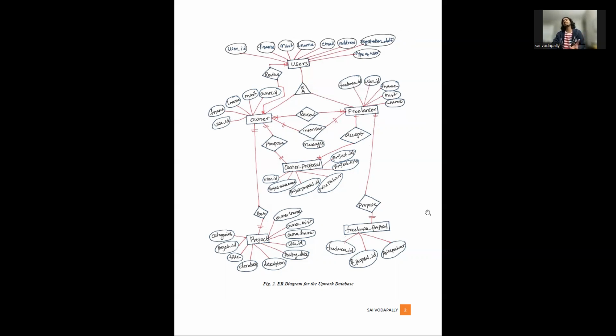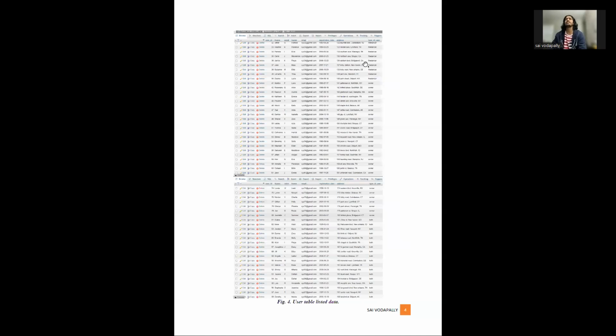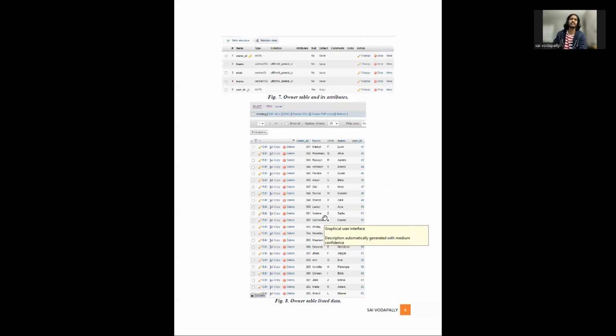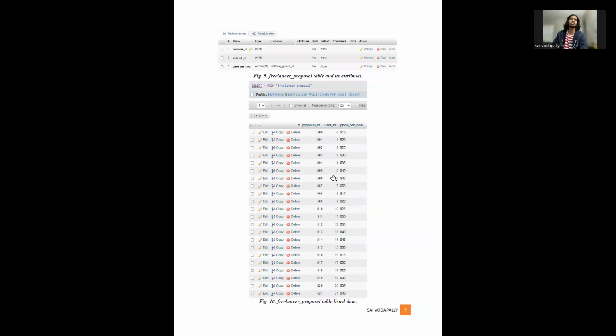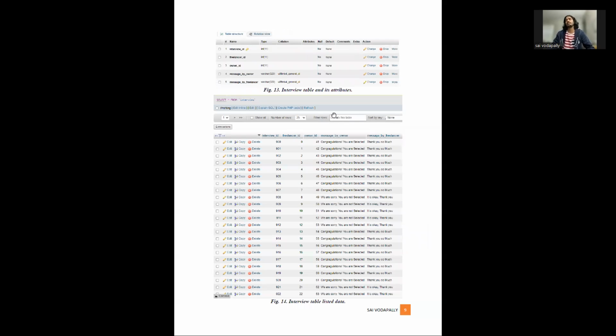Based upon this ER diagram and using the SQL script, I've designed the tables and the attributes. These were the tables that were created, like the user table, which shows its attributes and then the data. Like I said, the user can be a freelancer, can be an owner, and can be both the freelancer and the owner. Then we have the freelancer table and its attributes, and the sample freelancer data, and the owner table and its attributes, and the owner table data, and then the freelancer proposal table and its data, the owner proposal table, its attributes, and the data in the owner proposal, and then the interview table, its attributes,